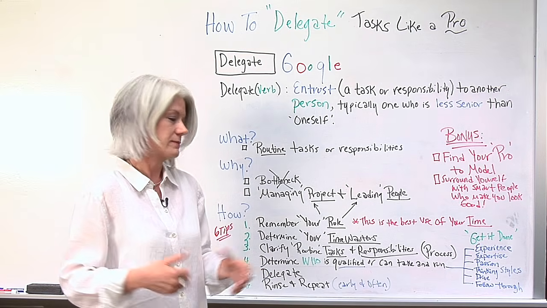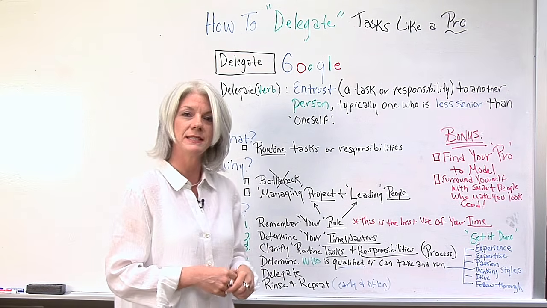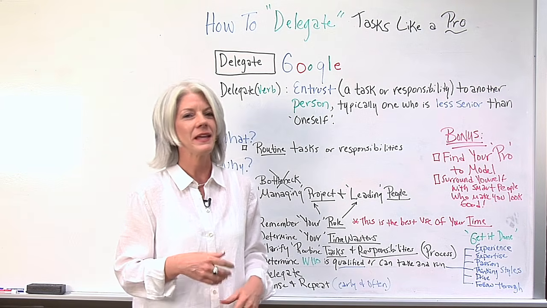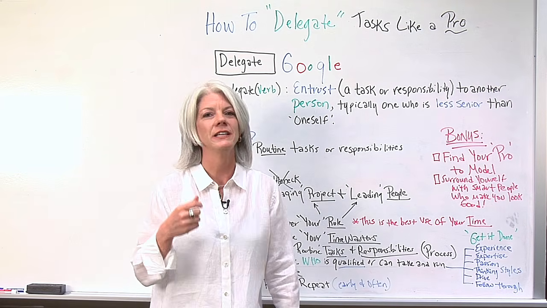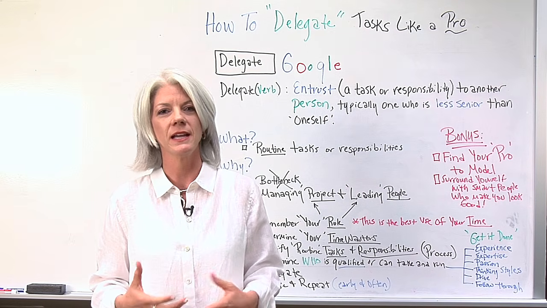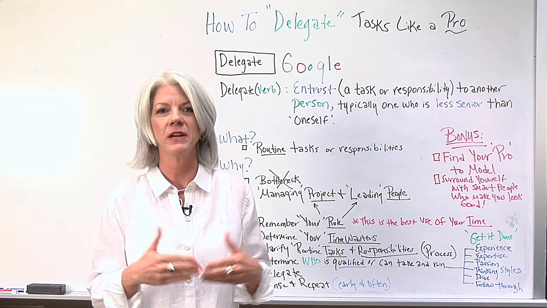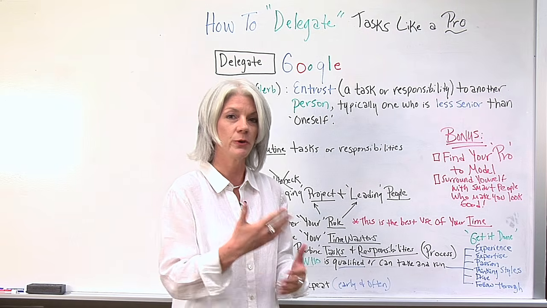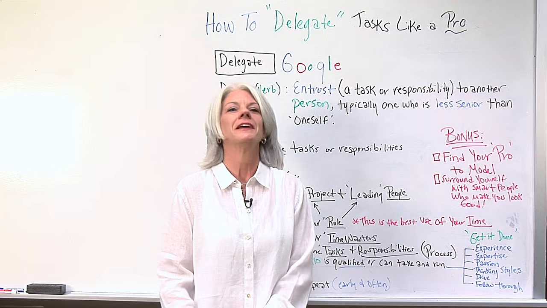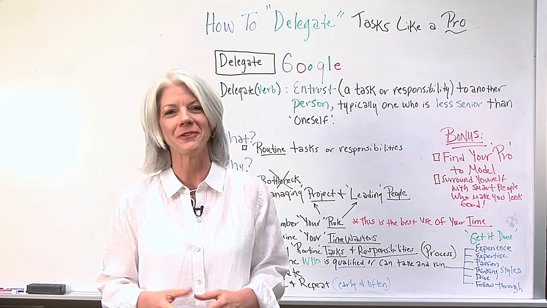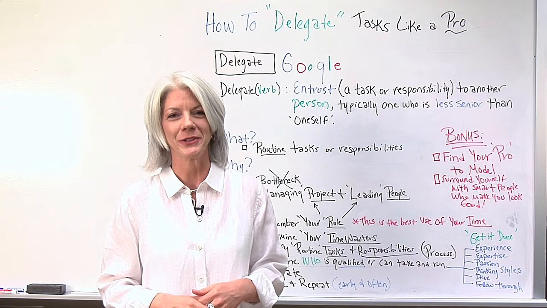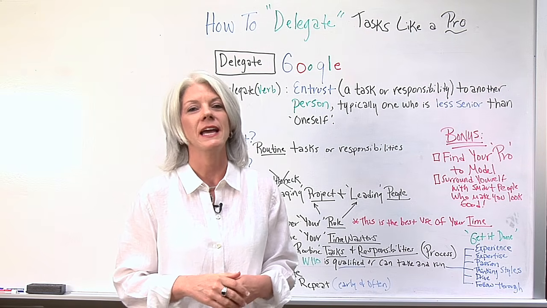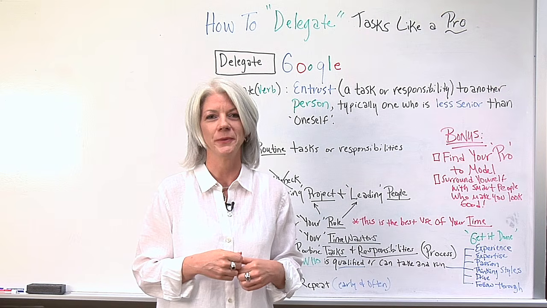And then the fifth step is really to delegate, and then rinse and repeat early and often. And then again, as the bonus, find your pro that you can study and model. I'm always big on that. Whatever you're doing and you're trying to learn and grow and do things better is to find your pro or your model to study. And then the biggest key is surround yourself with smart people who can make you look good. So those are just some of the things that I've learned so that I don't become the bottleneck, and that's how I've learned to delegate like a pro.